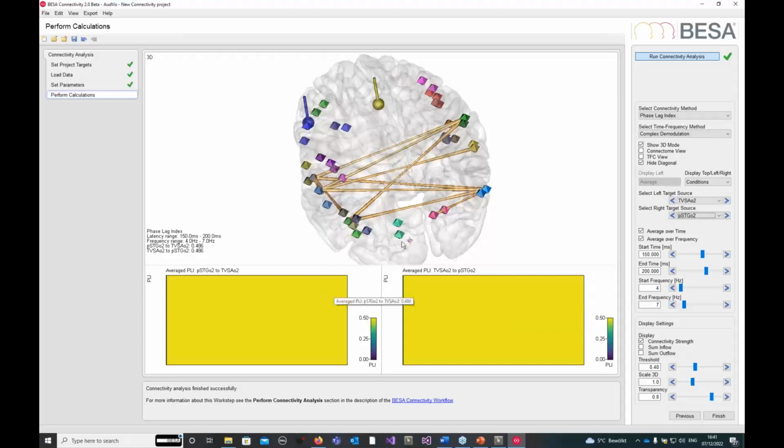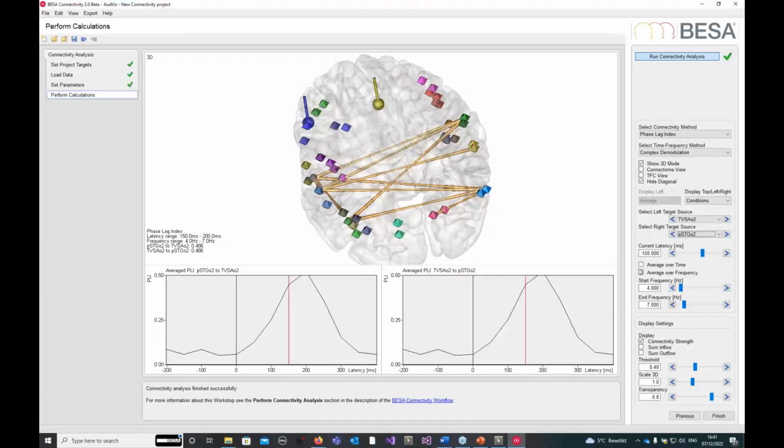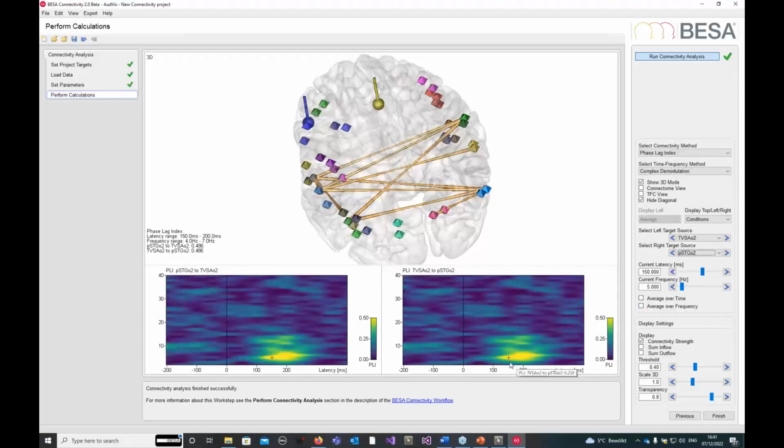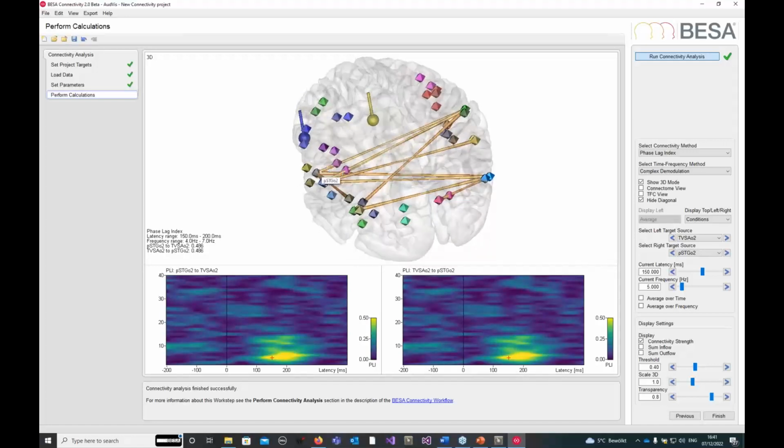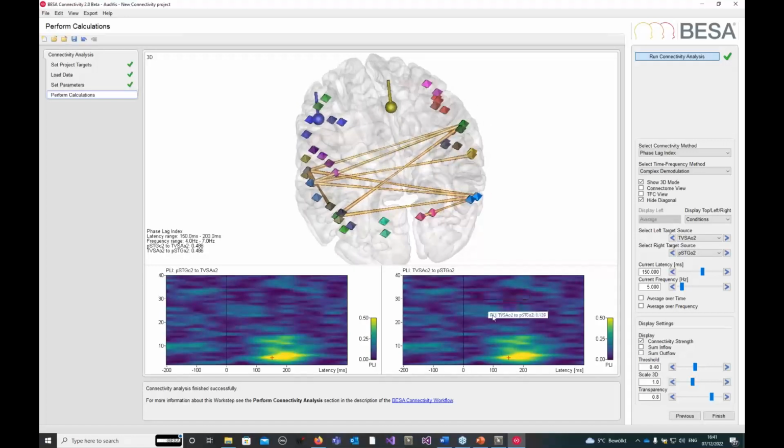Now we can see this is actually a strong connection, and let me unaverage these again. Then I can see, quite interesting, that I'm just at the beginning of this connectivity here. So it actually gets stronger a little bit later in time. So this is something that is important in the integration, but is not active straight away, but a little bit later in time. So I can very interactively play with this data and understand it, and try different